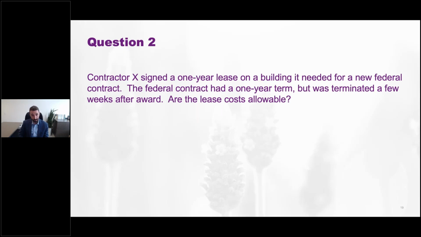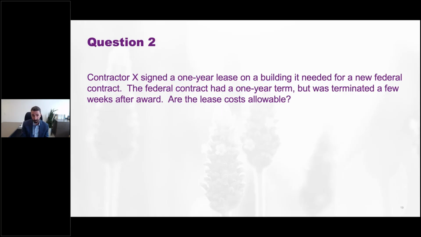And if you don't do that, if you don't even check, you can see the government saying, hey, were you really reasonable here? Again, reasonableness is not a bright line rule, but something the government can raise. But let's say you do that, you get a real estate agent, you put out advertisements, or you just have some general sense of the market where you feel like you can confidently conclude no one else is going to take this lease. Maybe contract performance was happening in the middle of the Florida Everglades and there's nobody else who's coming along, or the contract performance was happening in the desert far from anywhere and no one else is going to come along.